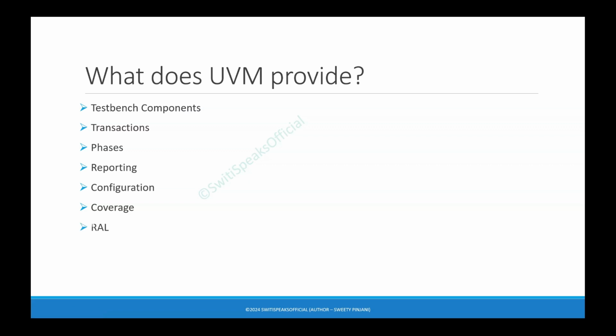Another very important concept, which is actually an advanced UVM concept, we call it RAL, Register Abstraction Layer. Now, in all your designs, there are going to be registers. And register verification is a different kind of verification. You require different kinds of support to perform this register verification. UVM provides a lot of support, a lot of different methods, a lot of framework to help you verify these registers. So it simplifies the process of creating and accessing your register maps, so that you can verify your registers easily.